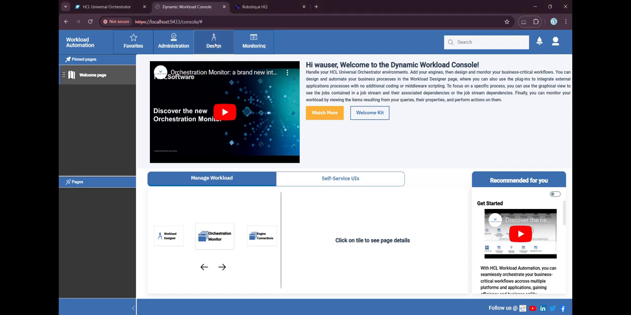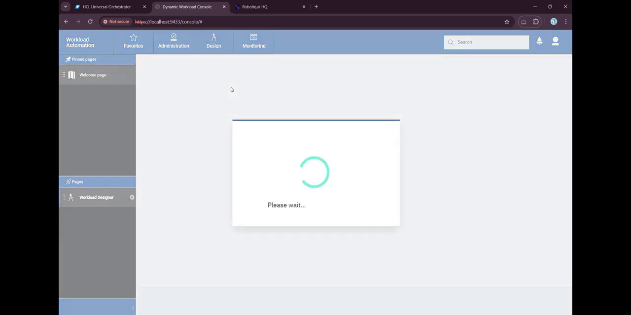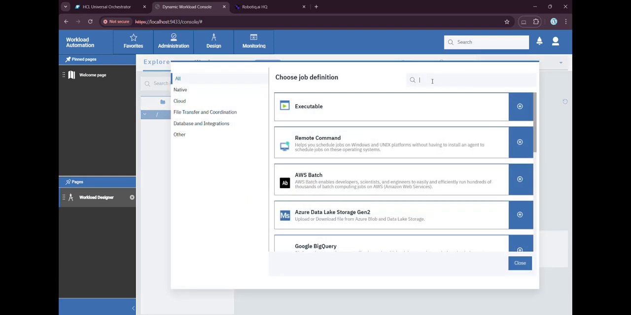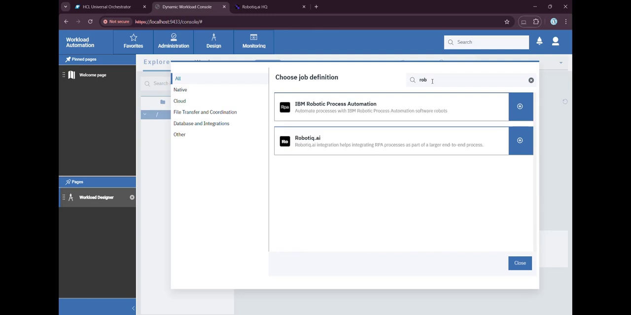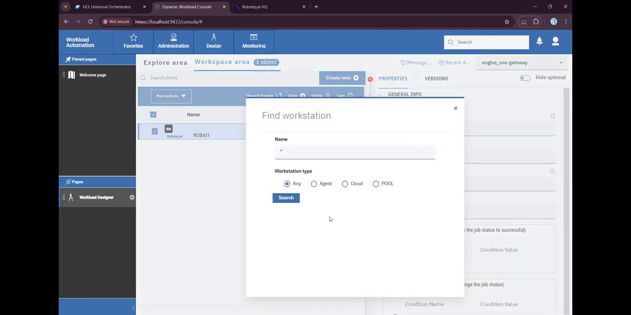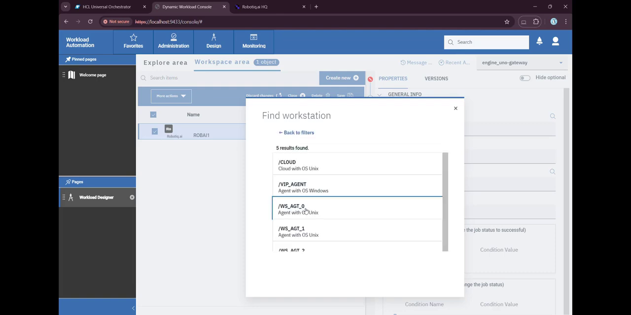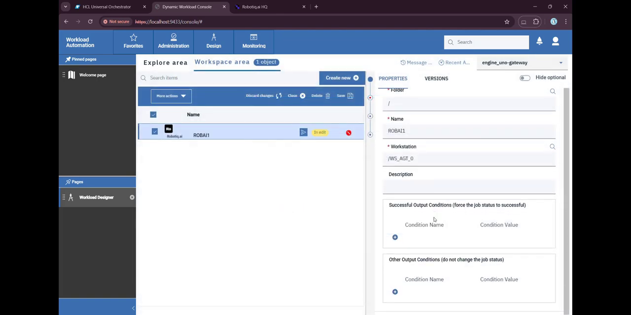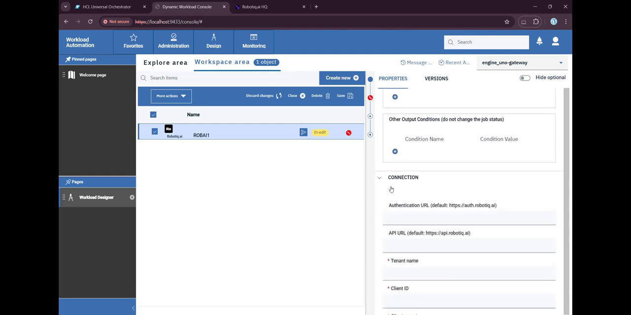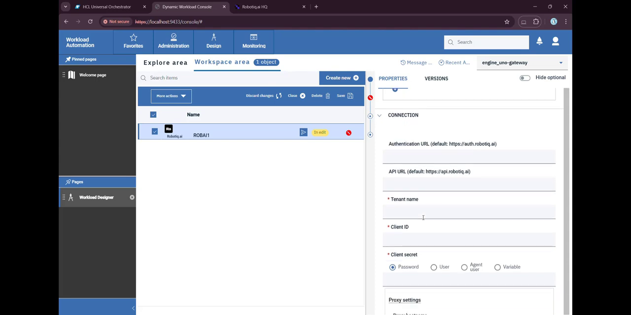Now we shall click on design and navigate to workload designer. We can create a new job definition. We should type the keyword to select the plugin, and we can enter the name of the plugin. We can select the workstation name here under the general information tab, and going to the connection tab we can